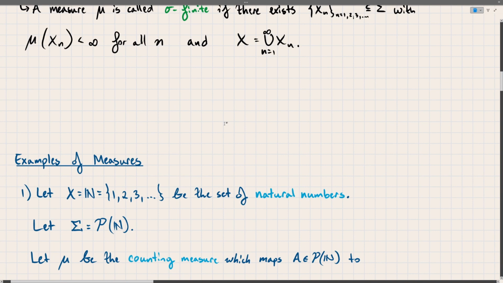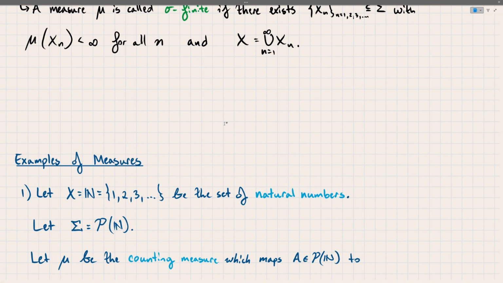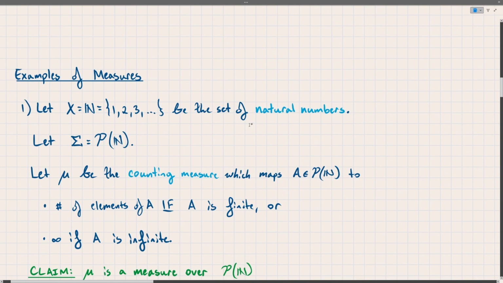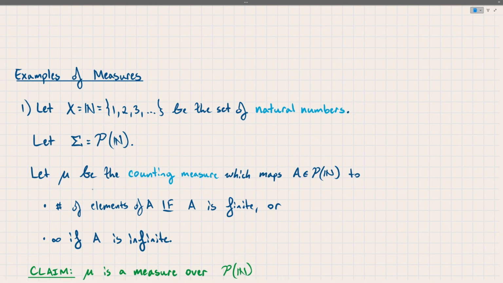And this is quite important because in statistics, or anytime you're working with discrete data, this is a great measure to work with. Okay, so we're going to let X denote the natural numbers, so 1, 2, 3, etc. And we're going to let sigma be the power set of the naturals. Okay, again, this is a sigma algebra as we've proved before. The power set of any set is a sigma algebra over that set. And we're going to define mu to be the counting measure, which takes every set in the power set, which is the same as saying every subset of the natural numbers, to